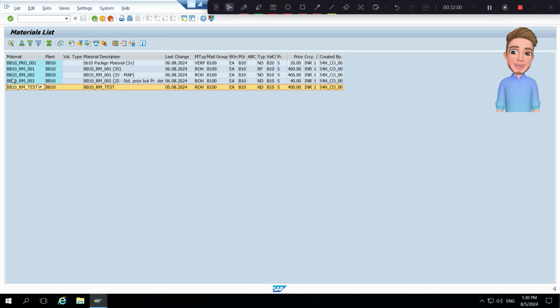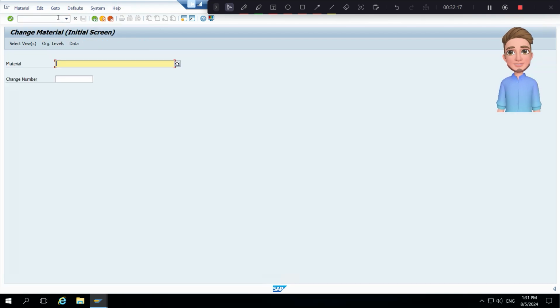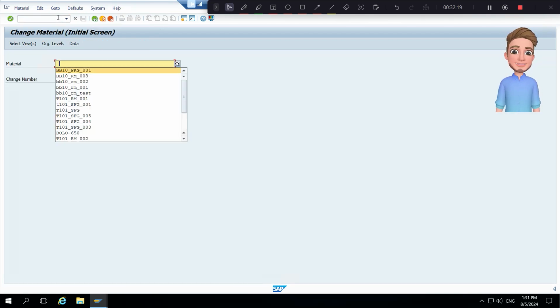The price maintained in 002, I want to change it. It will not be 400. In fact, I don't want to give any price because this is moving average. So for moving average, I don't want to set any price. So I want to change the price. I'll go back to MM02 to change the material. I will select the material BB10